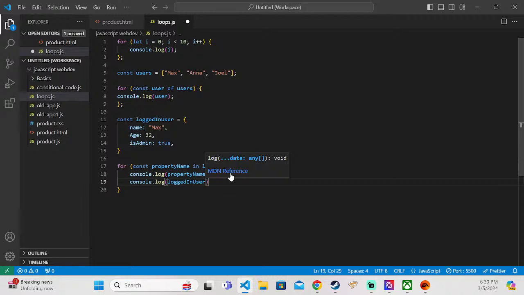And to access such property names dynamically, we can use a syntax which we already know from arrays. We can add square brackets here after logged in user, even though that's not an array but an object, but there you can use square brackets as well. And between those square brackets, you can put the property name as a string. So for example, name. I could access this like that as well, and that would be equivalent to loggedInUser.name. But since we have this syntax, we can now also not hard code the property name as a string here, but instead refer to property name,